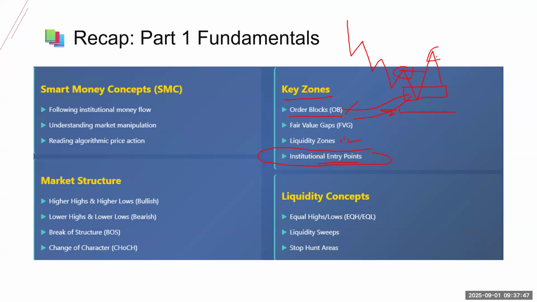The key thing is that you need to wait for price to make a change of character first. Okay. Liquidity concept: equal highs, right? Here we have stop losses, or equal lows, the V pattern. Liquidity sweep means sometimes you can see the price just go down and reverse, tapping out your stop loss for the buy entry or the sell stop entry as well. We call it the stop hunt area.